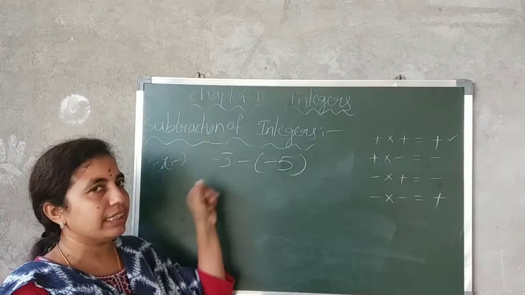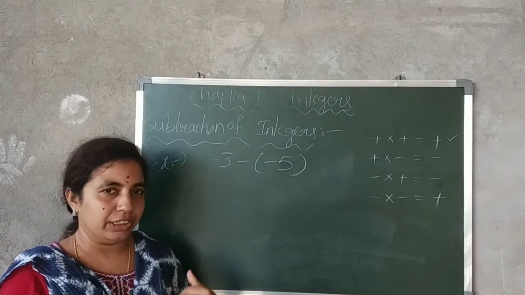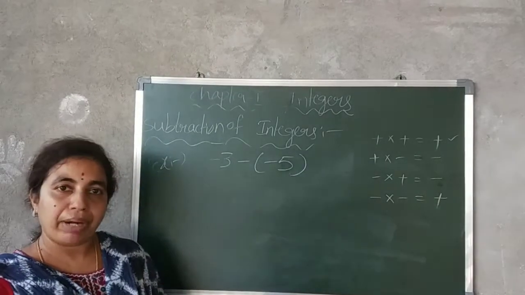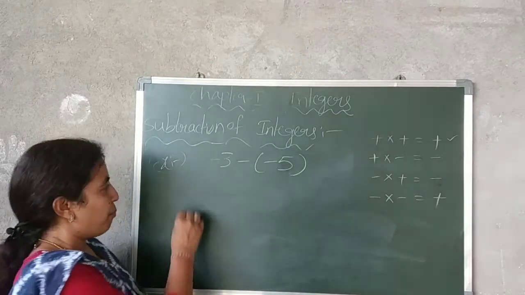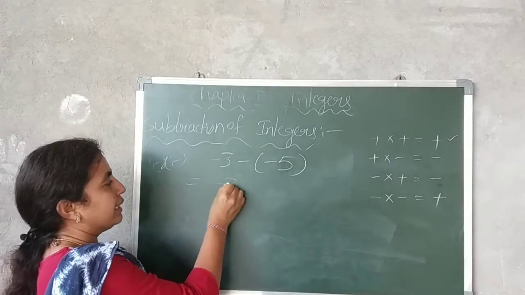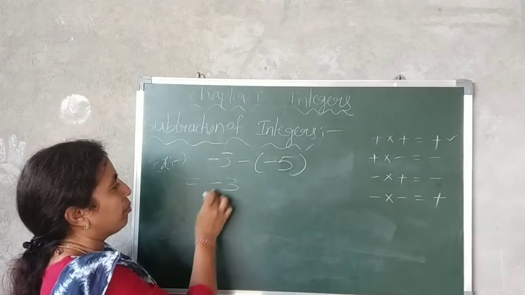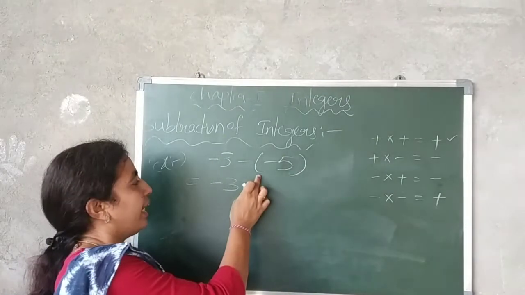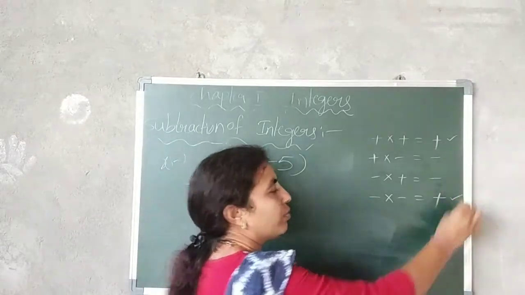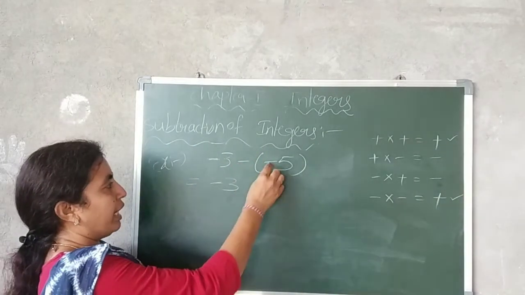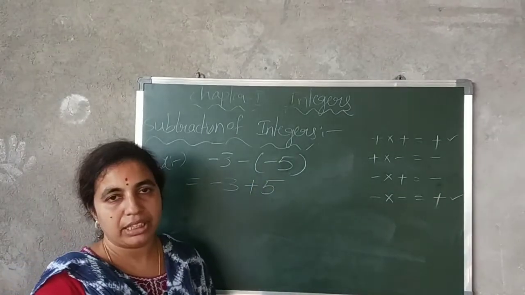See here, we are subtracting two integers, minus 3 and minus 5. Okay. So again, for subtraction or addition, whatever it is, what is the first step? To remove the brackets. Now, what will you get? Minus 3 as it is. Why? Because it doesn't have any bracket, so you will get the same minus 3. Now see, again on the bracket, both sides of the bracket have the same sign, minus and minus. What will you get? Plus. So minus into minus is plus, and 5. The number is 5. So you have written 5.